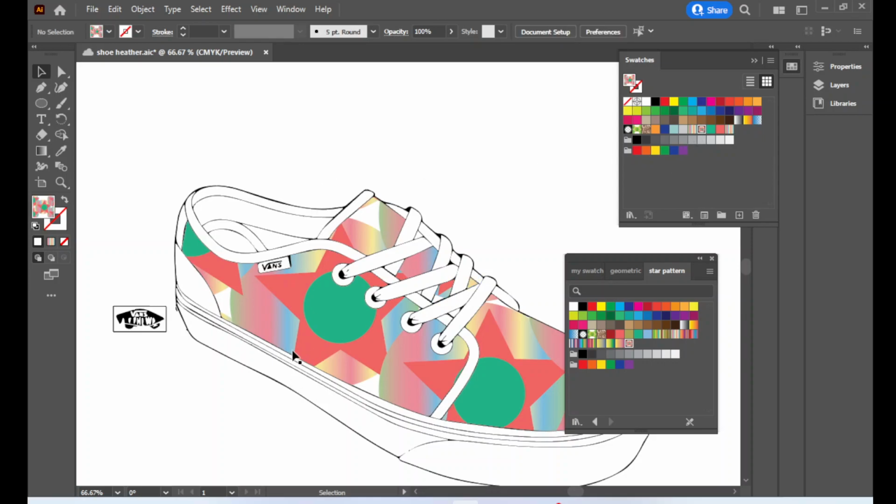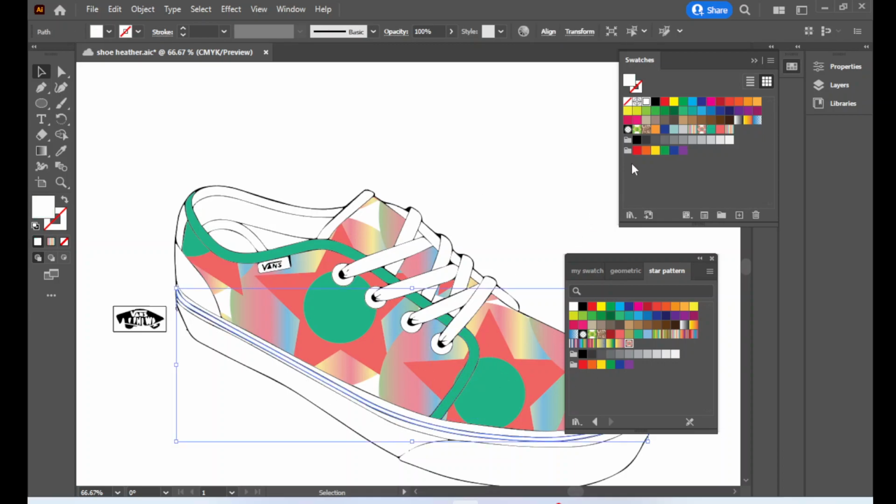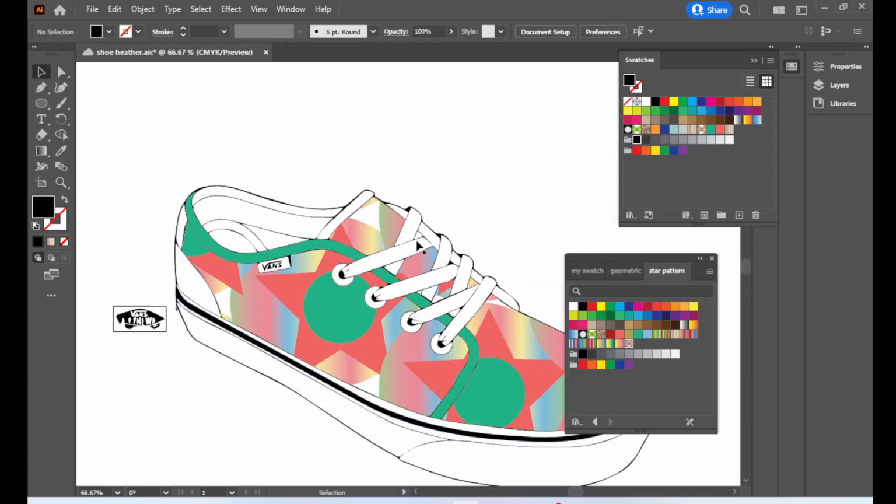Or I can choose to actually fill in with one of my color scheme colors. This is why we have that color scheme. That's why we did these color chips on the bottom. You can always use neutrals. You can leave white or black. So if I wanted to make like this line black, I would make that black. I can change my laces colors. Maybe I'll do my laces that orange color. But you're basically just going to have some fun